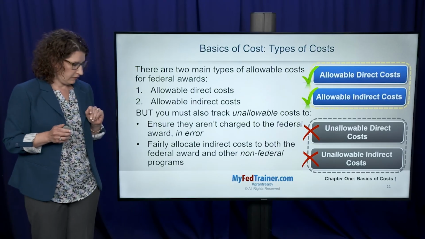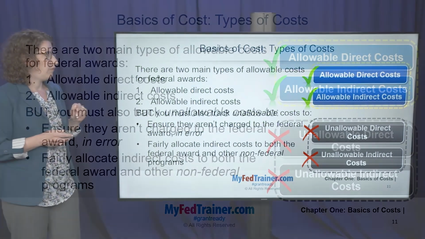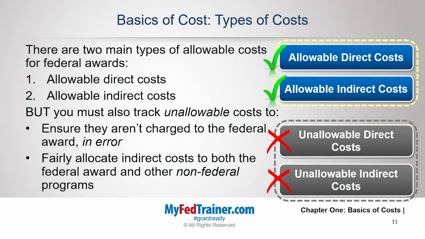Basics of costs, let's enhance this slide so we can focus on this a little bit more. So there are two types of main allowable costs for federal awards. There's allowable direct costs here. Now, I think that what's important to understand is that you need to always look in your notice of funding